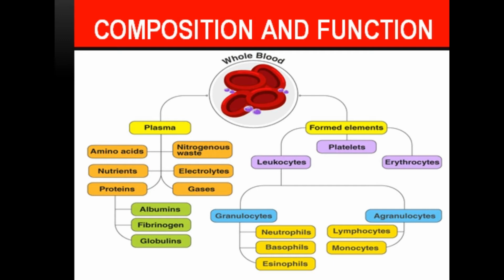Among all three formed elements, we all know that RBCs are the cells present most abundantly in the blood, accounting for about 40 to 45% of the blood. These are biconcave, non-nucleated, disc-shaped cells with a diameter of about 8.2 micrometers. They contain hemoglobin, and the iron present in the hemoglobin gives the blood its red color. RBCs cannot repair themselves, and their life span is about 120 days.